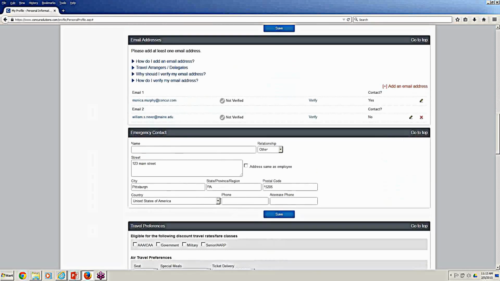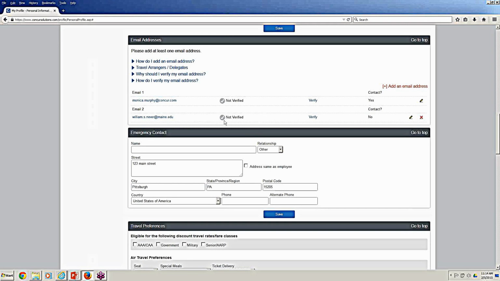Down below that, we have email addresses. Here is where you'd indicate your email address and specify whether or not you wanted to be contacted regarding travel. It's very important that you have an email address set up, and it needs to have the main.edu domain. The receipt store that I mentioned in the introduction will require that you use the domain main.edu for the system to recognize who you are, to be able to put those receipts and images into the correct repository for the